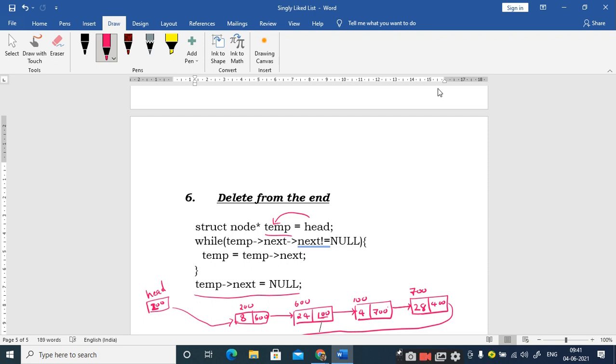Then you repeat the sequence of steps based upon the condition temp next not equal to null. You make the temporary pointer point to the next node, that's why I am using temp is equal to temp next. And when I reach the previous node of the last node, I come out of the loop and execute this statement, which is nothing but temp next is equal to null. Is it clear?